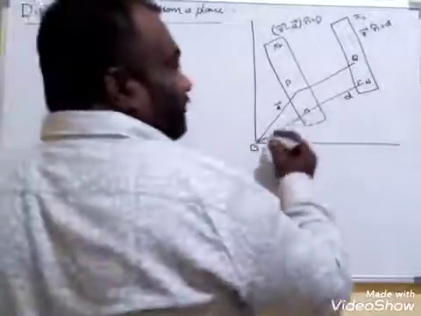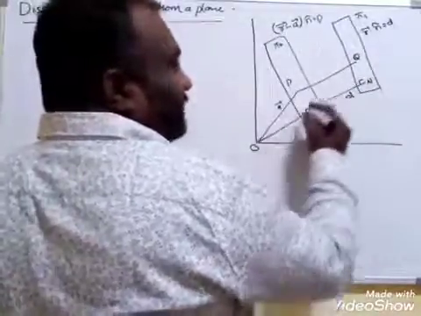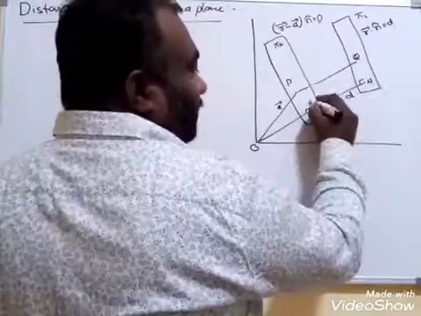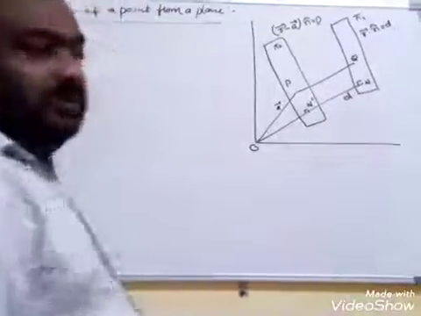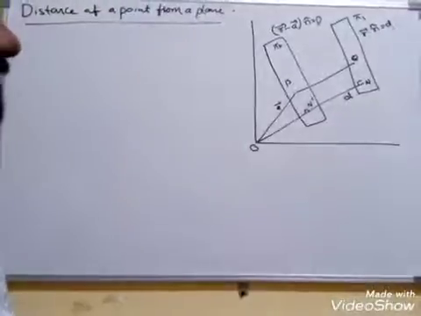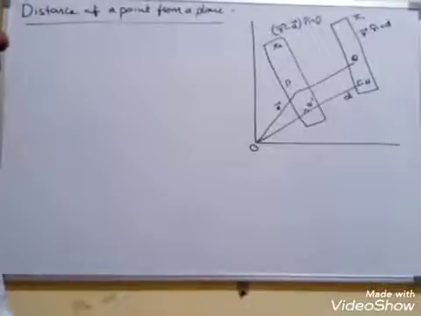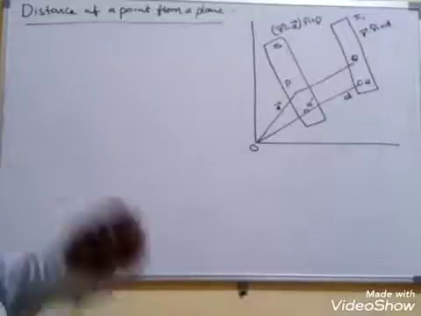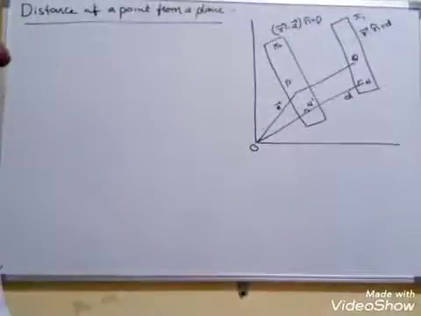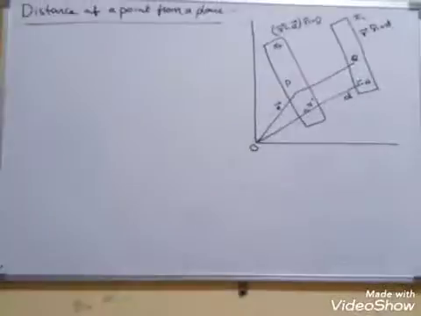At the same time, observe that these planes are parallel. That's why the normal to the constructed plane is the same as the normal to the given plane. Now what is the equation of the second plane? We get r bar minus a bar dot n cap is equal to 0. This is the simple logic behind this.